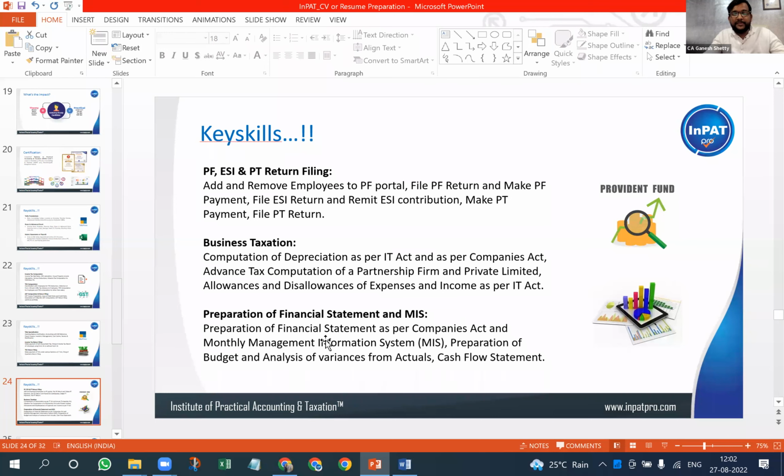And business taxation is nothing but how to compute tax for a business entity. You should be able to highlight what learning exposure you have with respect to the business taxation topic. You know how to compute depreciation for the business entity, how to compute depreciation as per the company's tax, specifically disallowances, allowances, everything. And when it comes to financial statement MIS, you should be able to tell them, I can prepare a financial statement for this company every month. Don't give a promise, but you can tell this. We may not be expert guys, but you know how to prepare. You have a generic understanding.